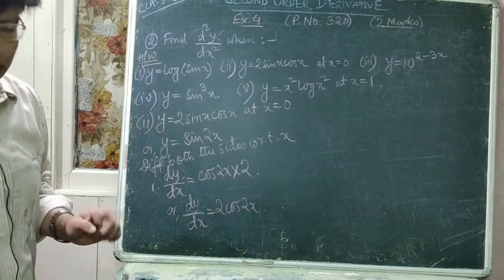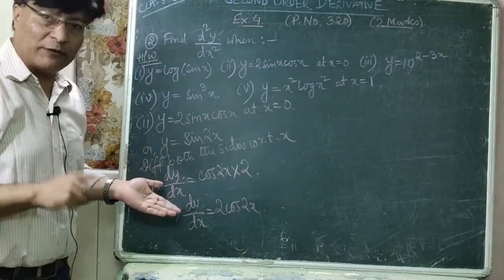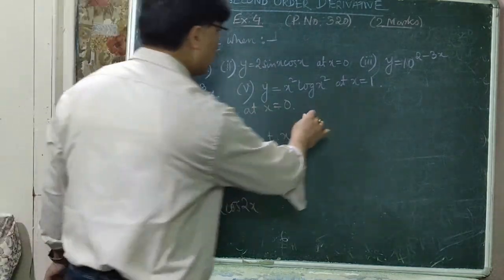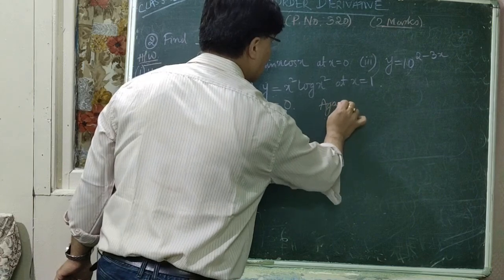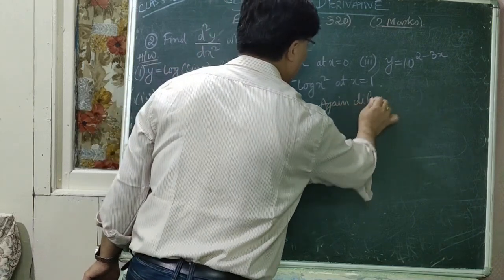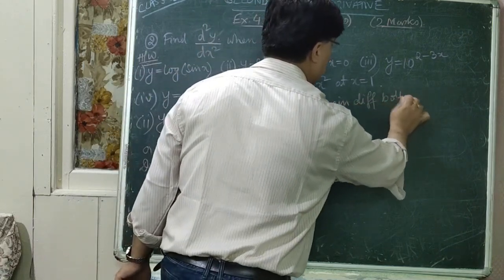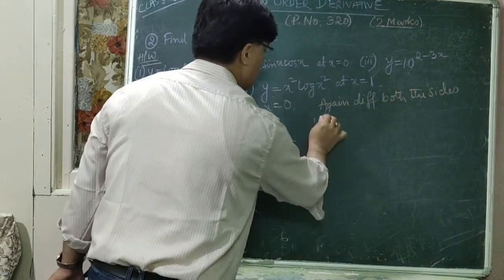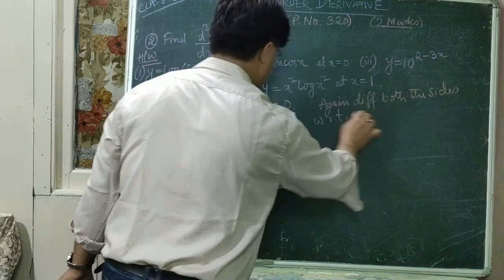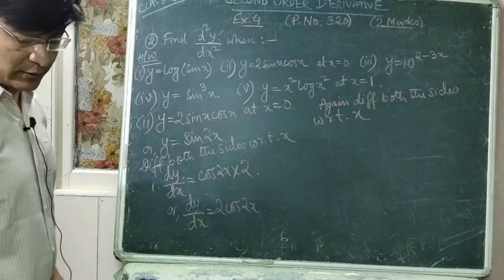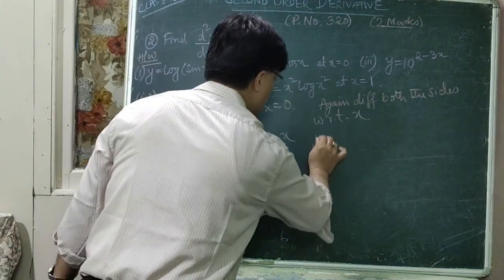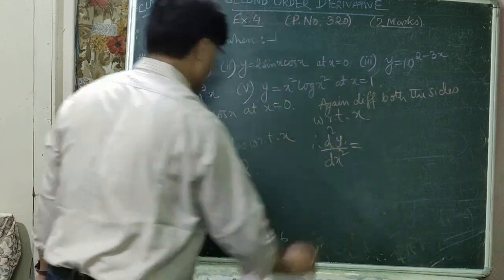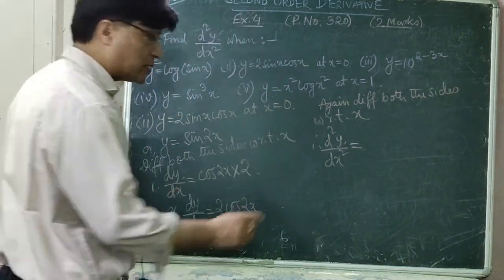Is that clear now? Again, you have to differentiate it to get d2y by dx square, isn't it? So write down, again differentiating both the sides with respect to x. फेरि यसलाई हामी डिफरेन्शिएट गर्छौं. ठीक छ? So therefore this is your d2y by dx square is equal to, 2 is constant, it is kept